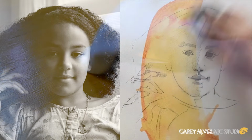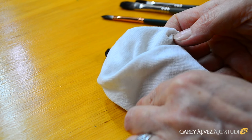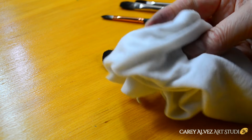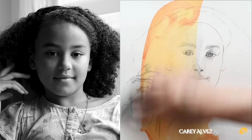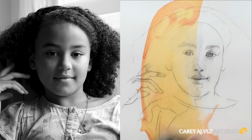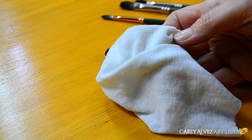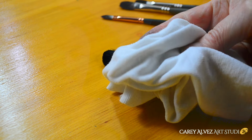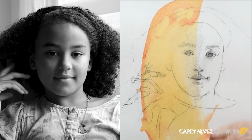I can also take a very soft drawing or painting rag and use it to simply soften everything down where I'm working in a particular area. In this case, I'm putting it all over. I just want to cut everything back, and it makes for exactly that, a very soft look and blends everything together. The kind of cloth I use are usually old t-shirts or camisoles that I have that are very soft cotton that have been washed a million times, and they're very, very soft. When I'm finished with them, I just cut them up and use them as rags in my studio,